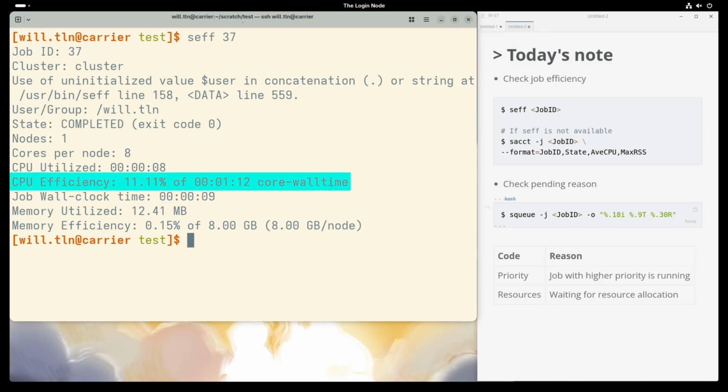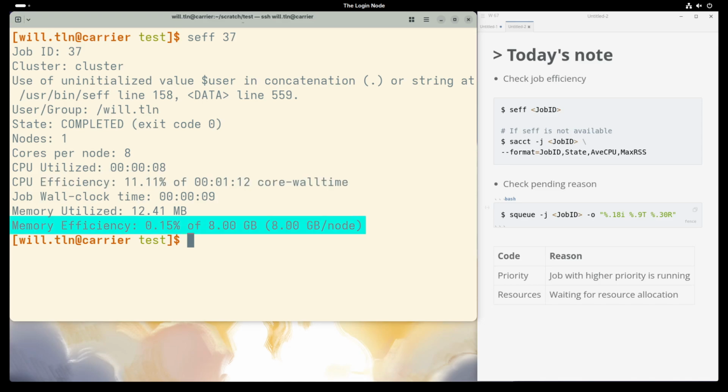One, CPU efficiency. If it is low, like 2%, your code is not parallelized. Request only one core next time. Two, memory efficiency. If it is 1%, you requested way too much RAM. Lower it. If it's 99%, danger zone.